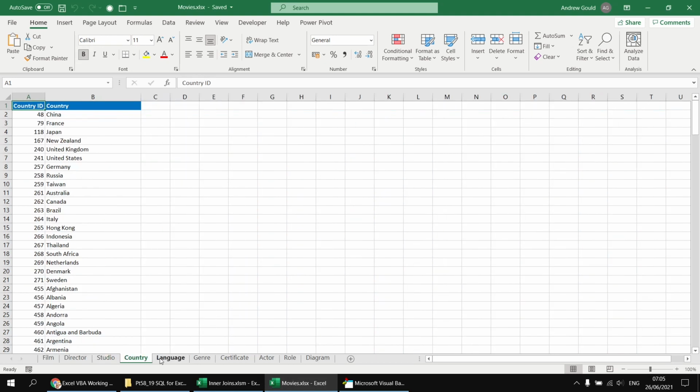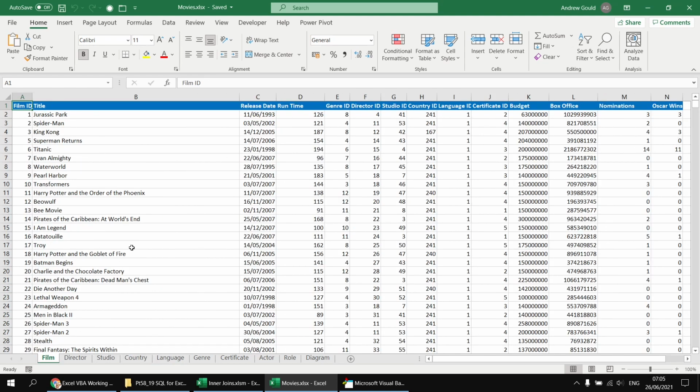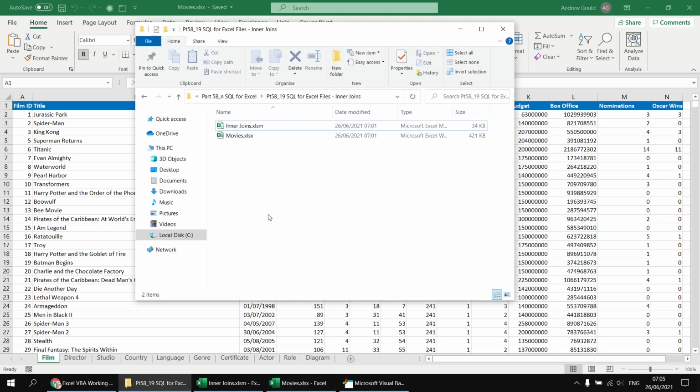I'll keep this workbook open for the duration of the video just so that I can point out the various features as I talk about them, but you're welcome to close down the Movies workbook and all of the code will still work. I've got both of those files stored in the same folder, and I'll drop a link in the video description so that you can download the same two files and follow along with writing the code